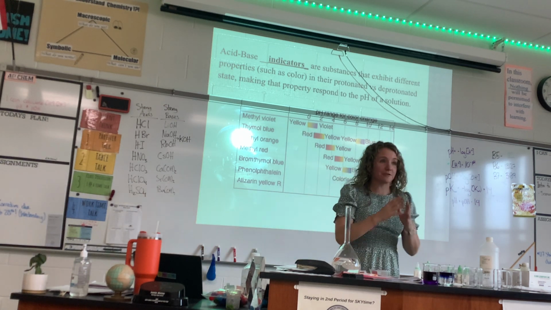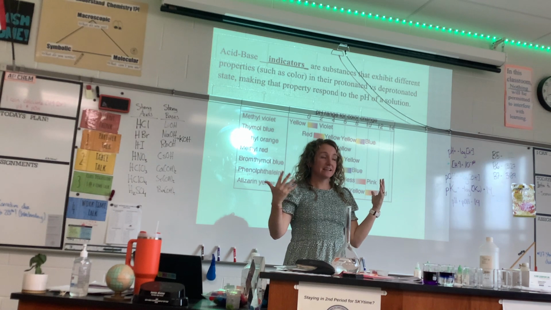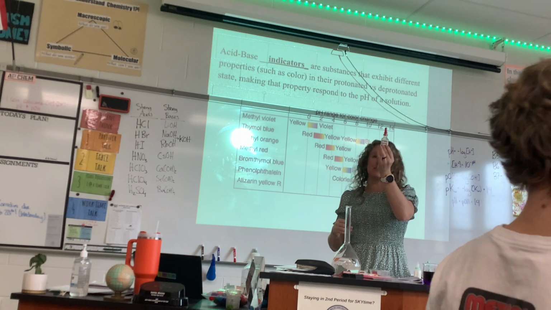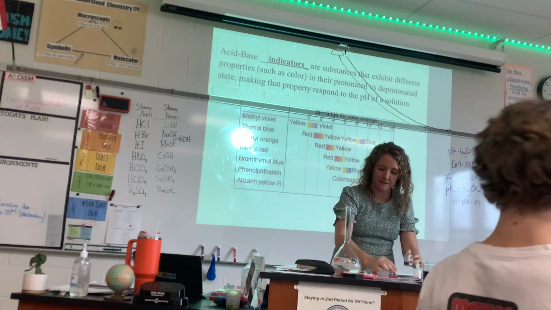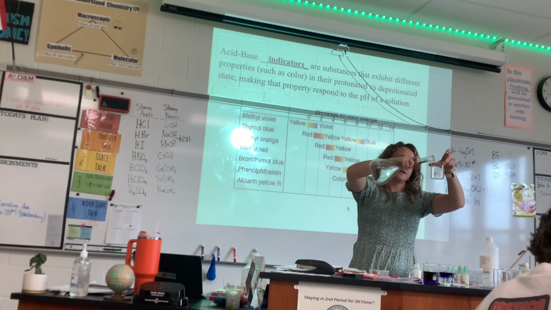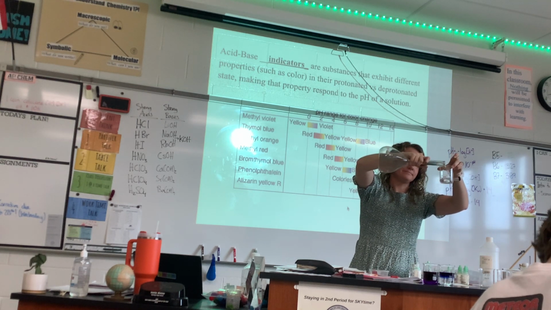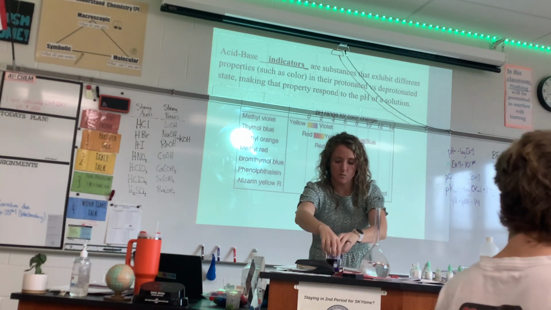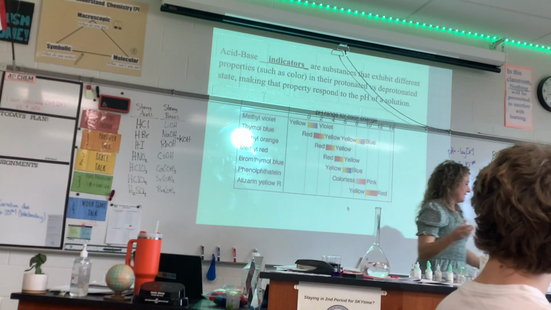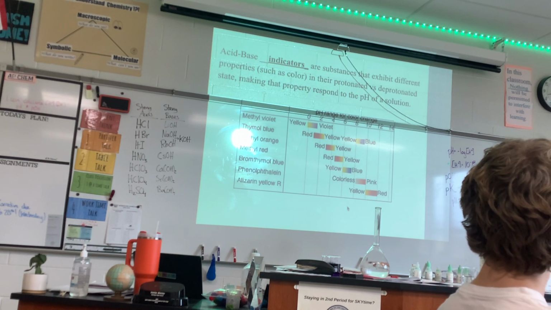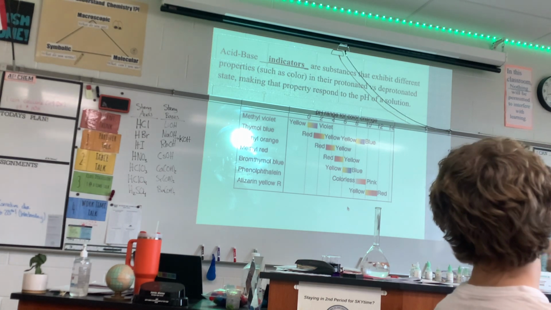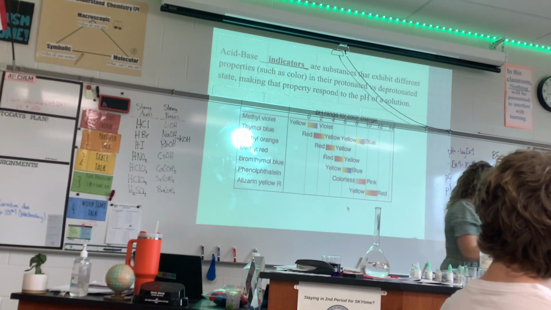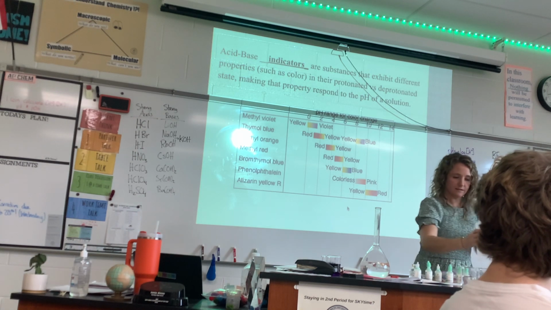Now there are other indicators that do a range of colors. We have the one that's the favorite, it's called the universal indicator. So this indicator I'll show you in 3 different substances. So we'll get our base again. I'm going to put base in this one, and water in the second one. It won't be perfect because I'm not using distilled, but we'll just go with what we have here. Then I'm going to put an acid in the third. So hydrochloric,